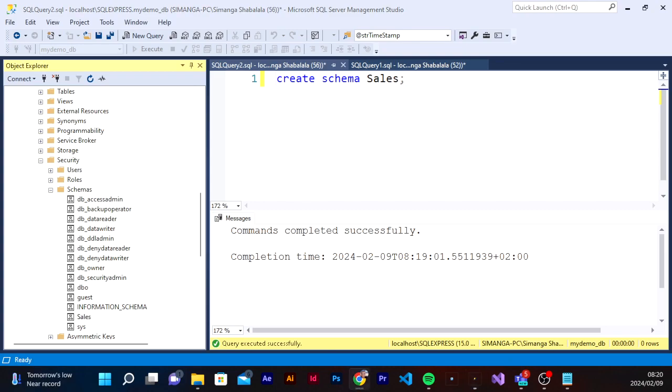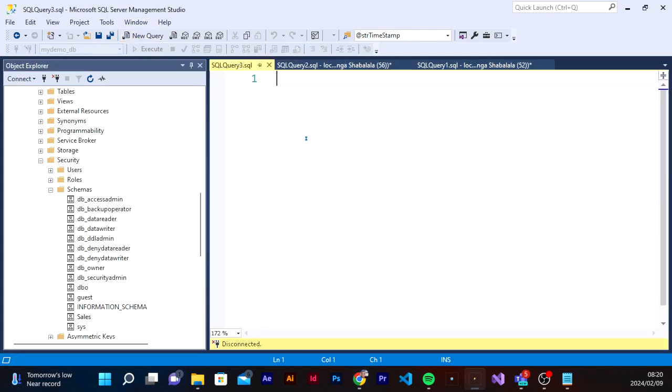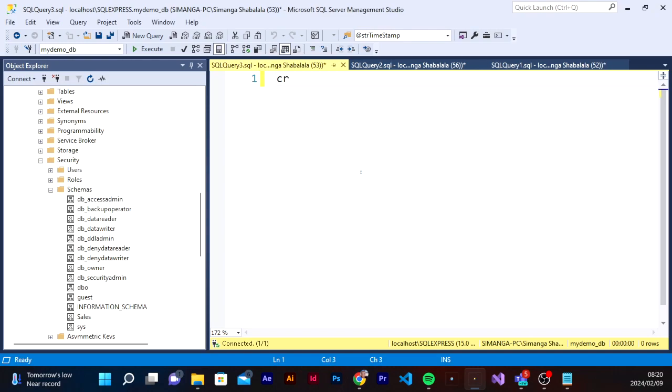Now, let's go and create a table or manipulate objects within a schema. So after creating a schema, we can actually create and manipulate data objects within the schema. So for example, under the sales schema, we can create a new table by adding a new query. So we can say create table sales.orders. So we're basically saying we want to create the table in the sales schema called orders,